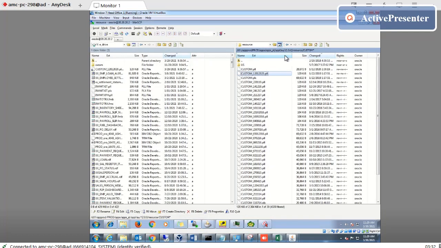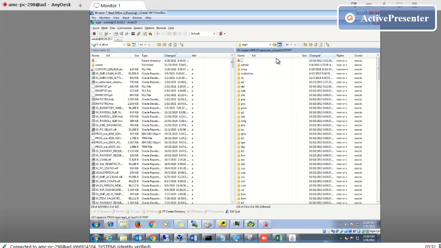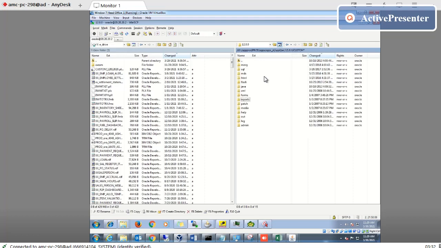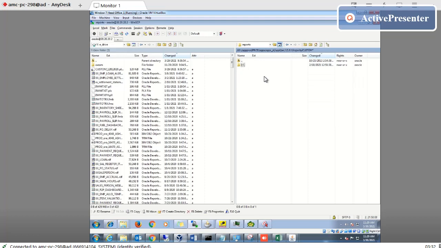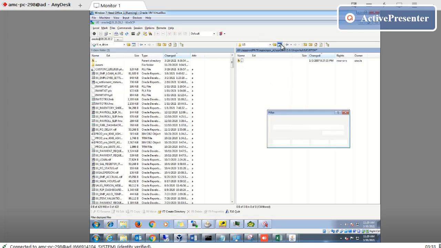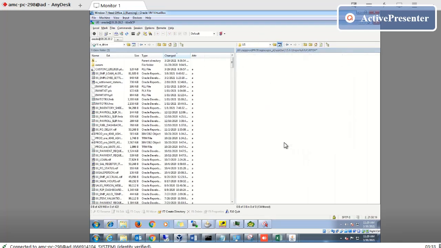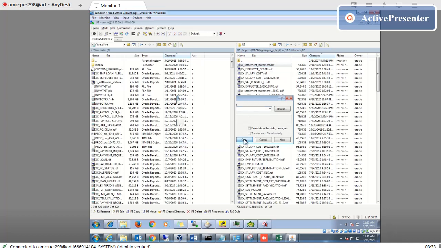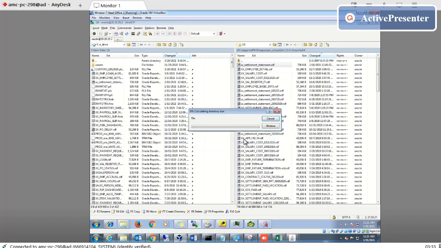The folder name of this one is per. I click here, go to per, this one. We go to report. Okay, this one. Here I move this one, clear this one. I will transfer this report.